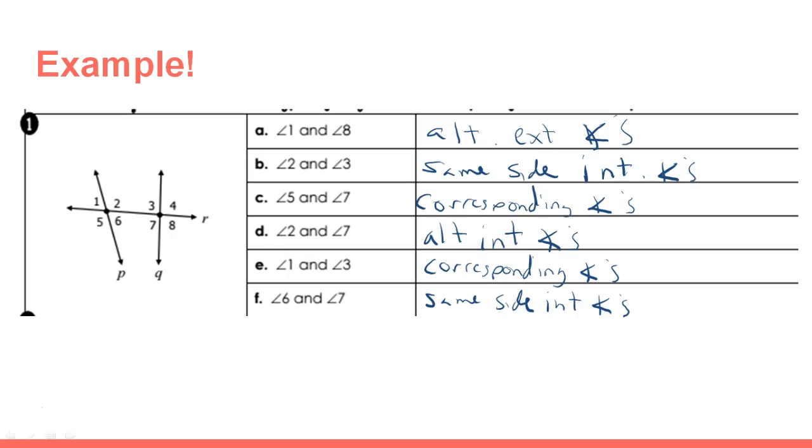Now, I've left you with problem 2 for you to try on your own. One thing to note there, you've got 4 lines coming through, so you've got 2 sets of lines being cut by 2 different transversals. Be sure to note what's written right below that picture, that angles have to be cut by the same transversal to be an angle pair. So there will be some in there where you won't have a relationship between them. Okay, so make sure you take a look at number 2, and we're going to go over it quickly